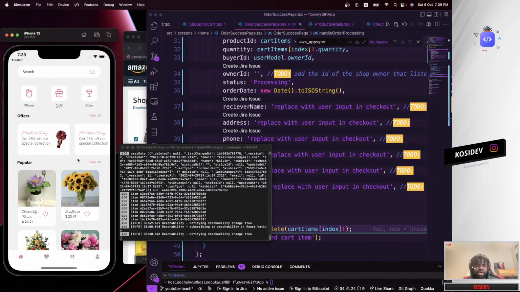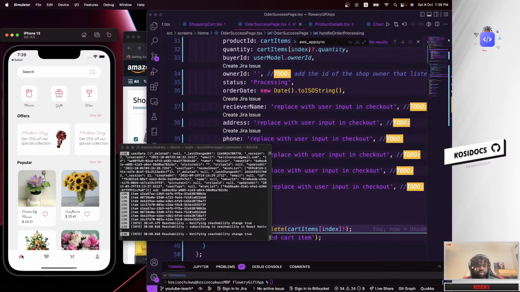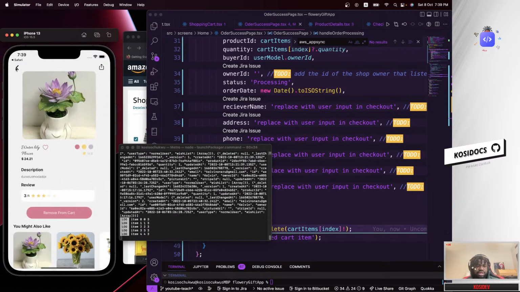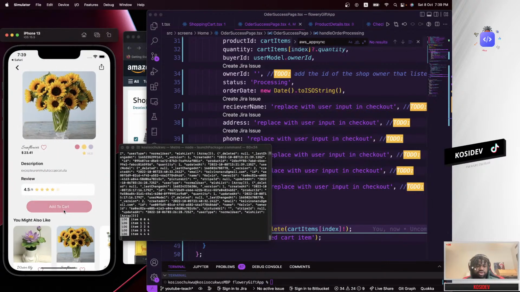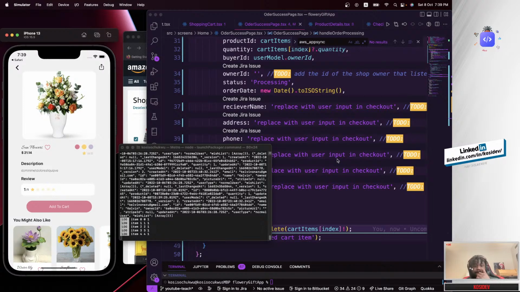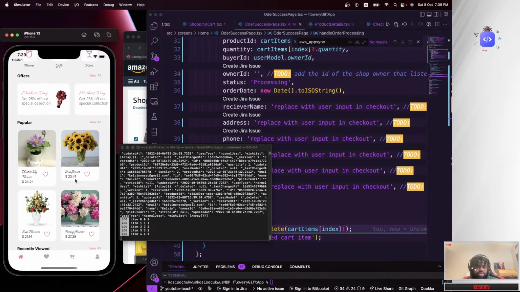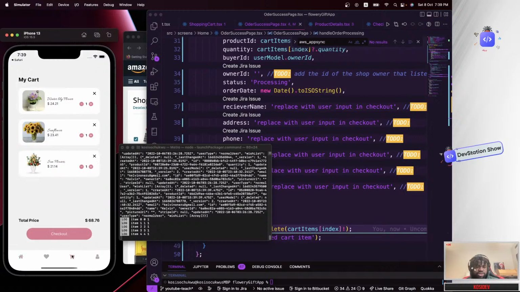So I'm going to go back in here, go to the shopping cart. Right now we have 1 item in the shopping cart. Guys, let's add that up. Let's add at least 2 items in the shopping cart. Add this. What else? How many are here now? Okay, we have 3, so let's leave 3 there.